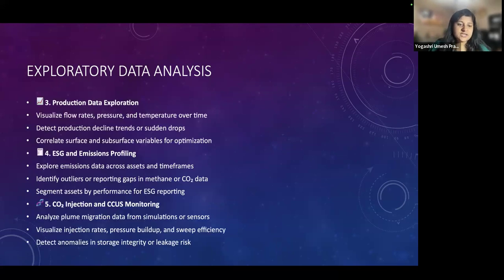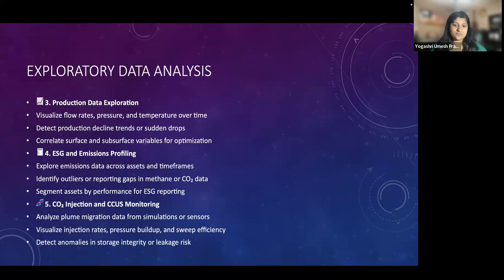And then you do production data exploration, ESG emissions profiling, and CO2 injection and CCUS modeling. Visualize flow rates, pressure, and temperature over time, detect production decline and sudden drops, correlate subsurface and surface variables for optimization. And then we've already talked about ESG and emissions profiling, and then CO2 and CCUS monitoring.